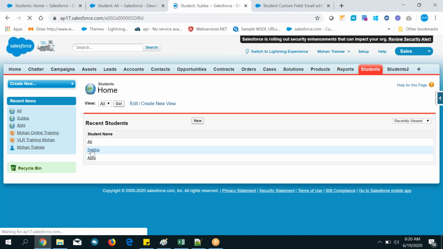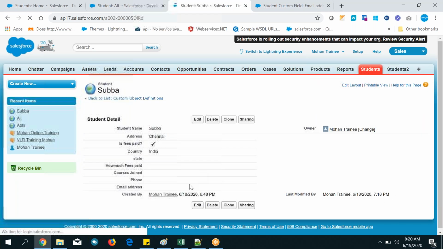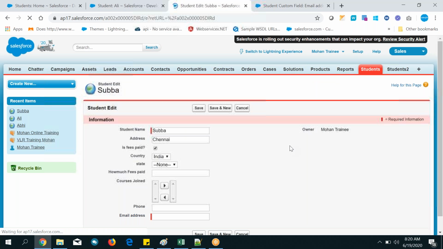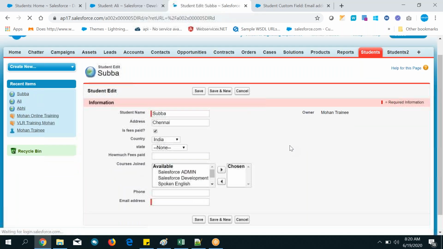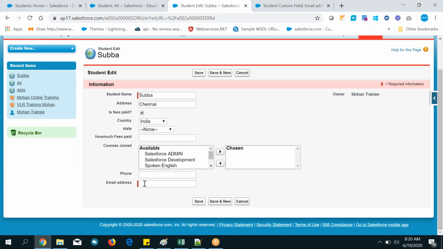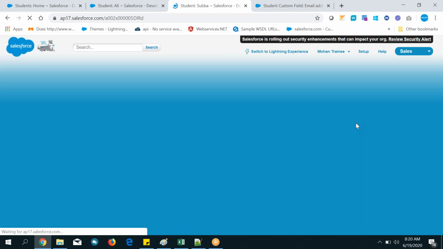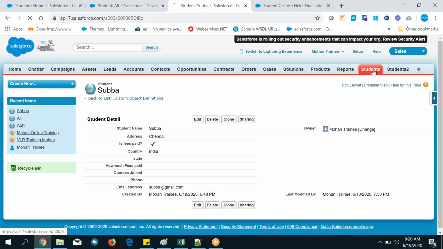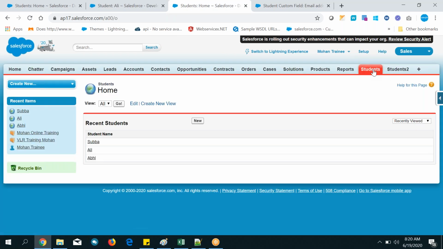Okay, and you have not updated any records, so you don't get any errors. Suppose if you try to update the record, definitely you will get errors. See here, for all the records, this is a red mark. Like that you can update other records also. So that is called required. Okay, next.